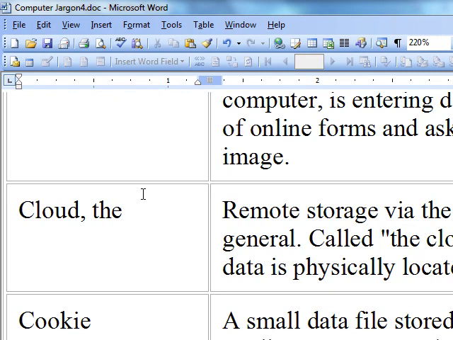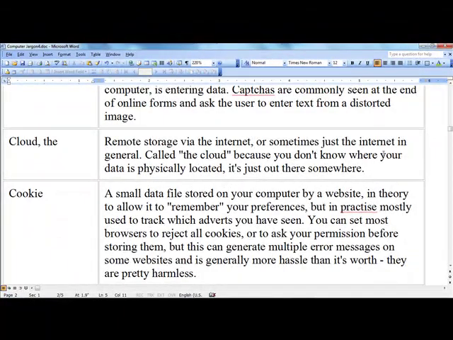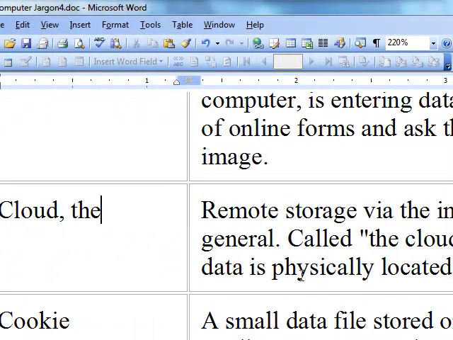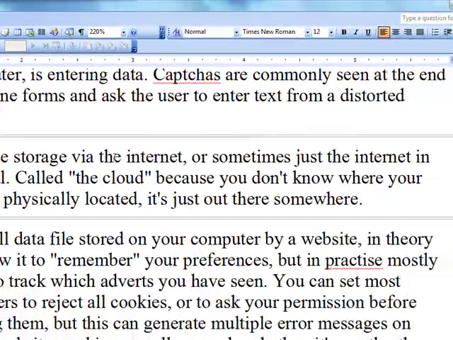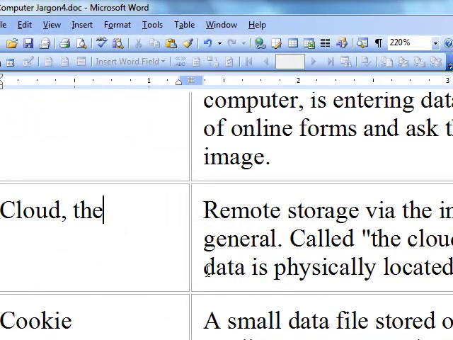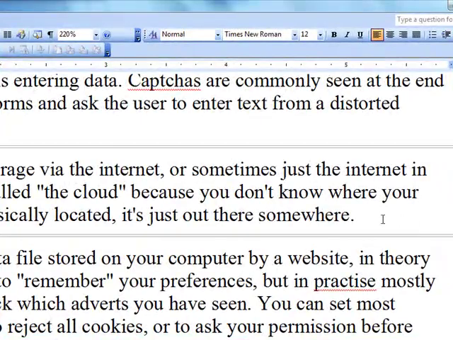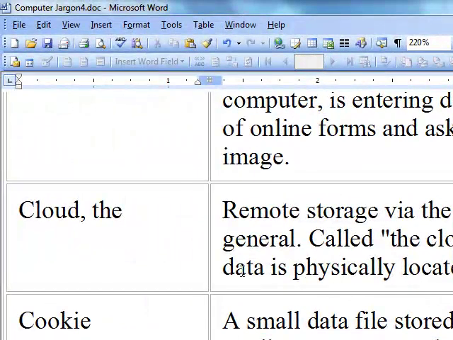And for the example of Google Drive, where I have stored a copy of this document that I'm reading from at the moment and showing you, that document on Google Drive is actually on a server somewhere that belongs to Google. And Google is allowing you and me to go out there to that server and look at it. And I can keep it there for nothing as long as I don't exceed the amount of storage that Google has allowed me for free, which is really quite a bit. At the moment, I think it's 15 gigabytes.